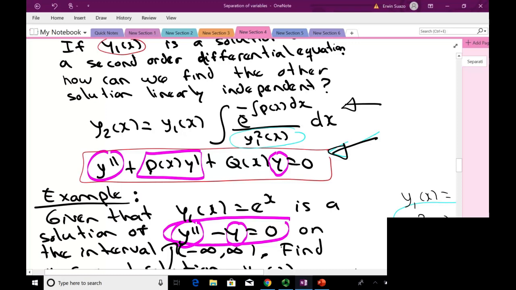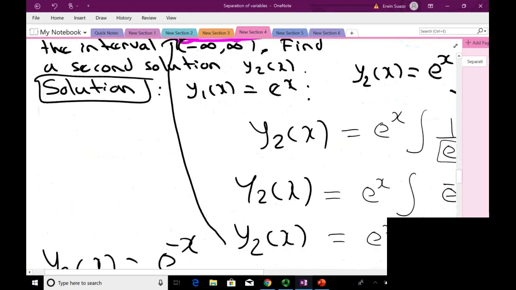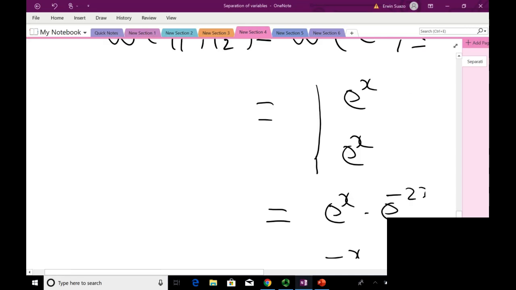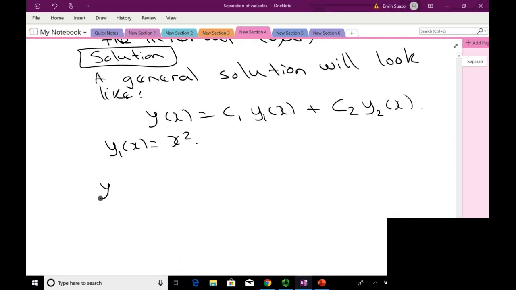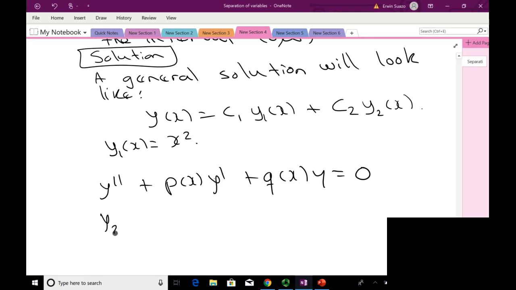Let's write that equation down: y double prime plus p of x y prime plus q of x y equals 0. The formula says y2 of x equals y1 of x times the integral of